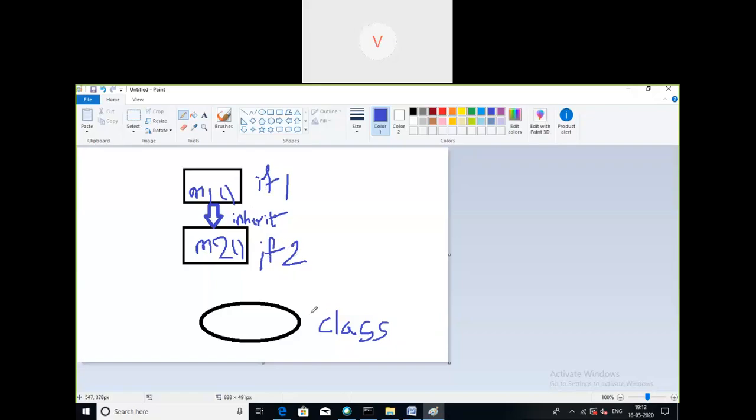Now assume there is one class which is implementing interface 2. Inheritance is different, implementing is different, because interfaces can be implemented by classes.